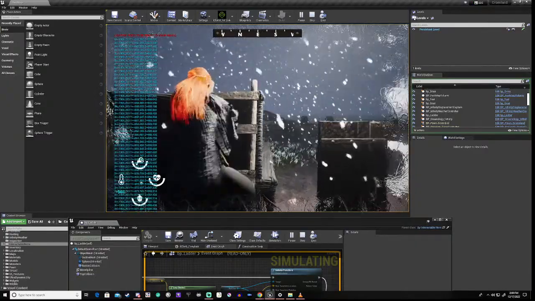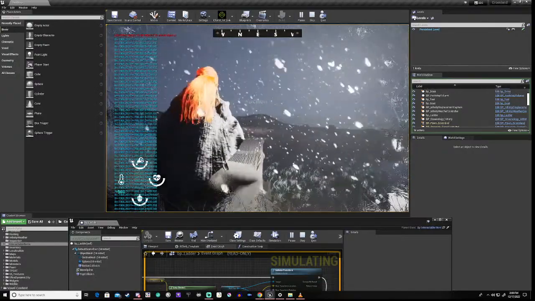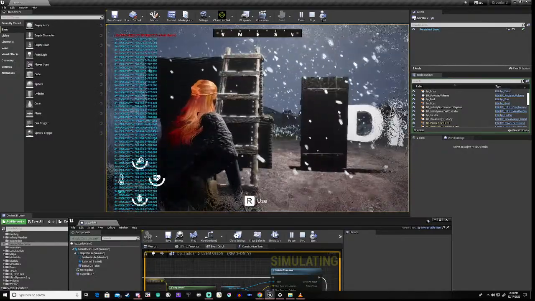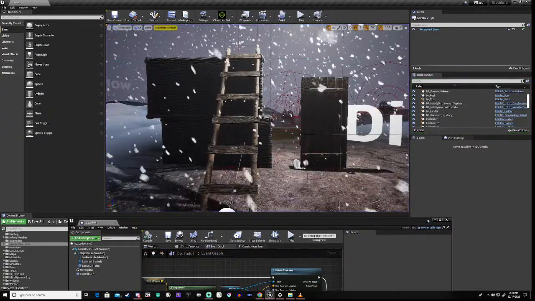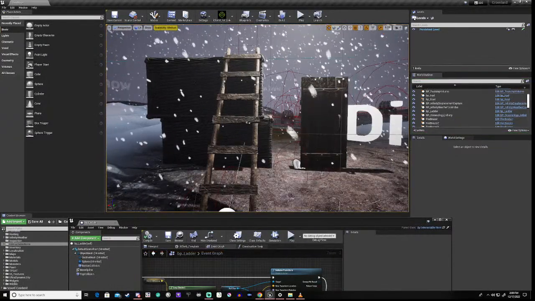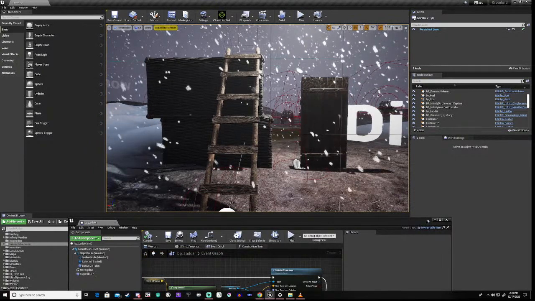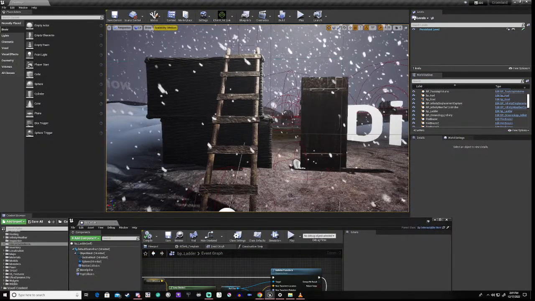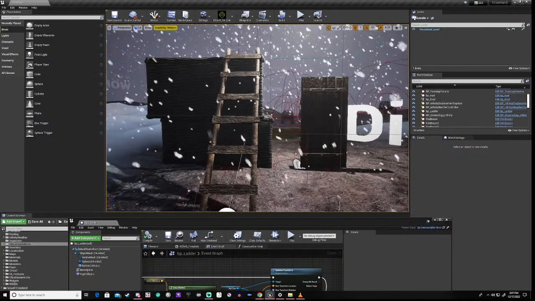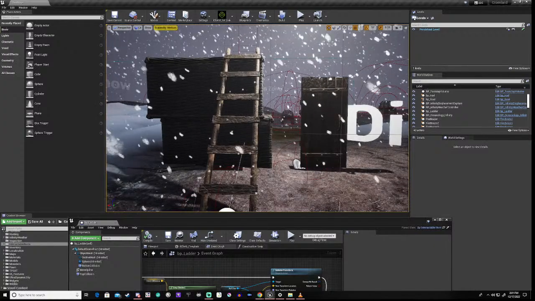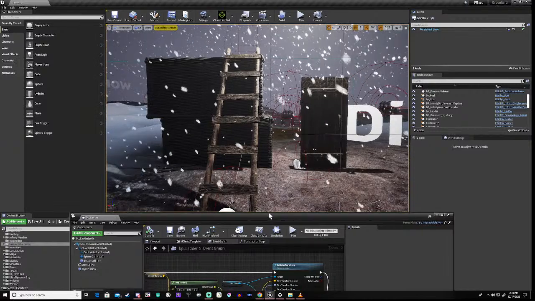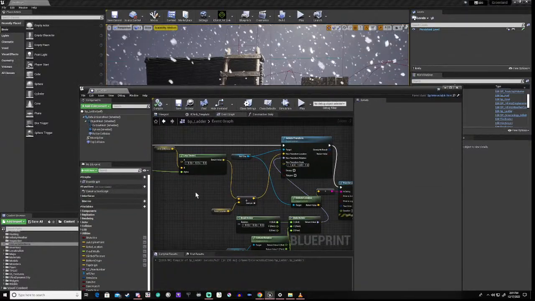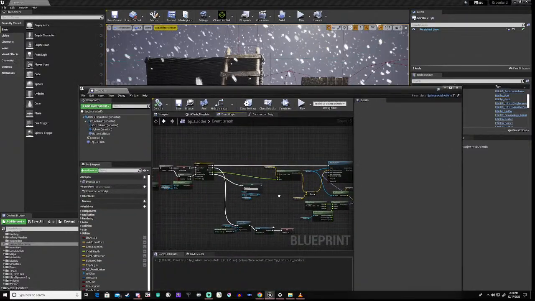As you can see, our actual thing is working well, apart from the fact that we kind of don't get to the end of the ladder. Now, what I'm going to do with that is